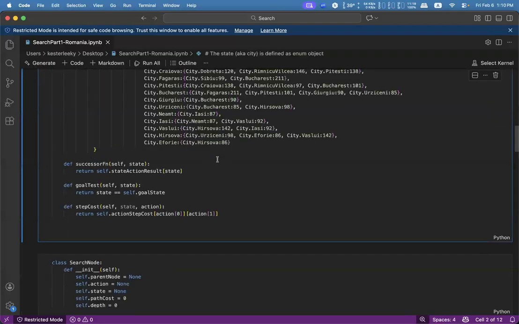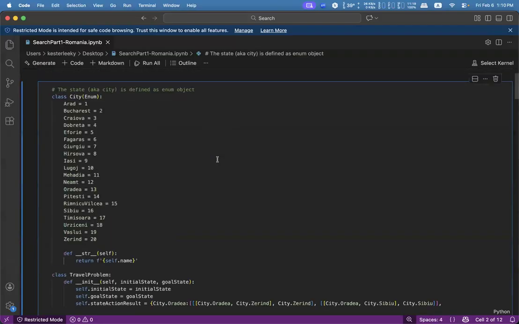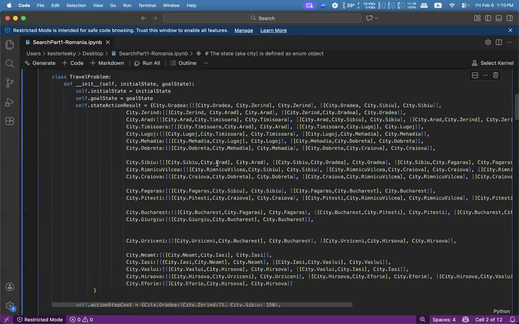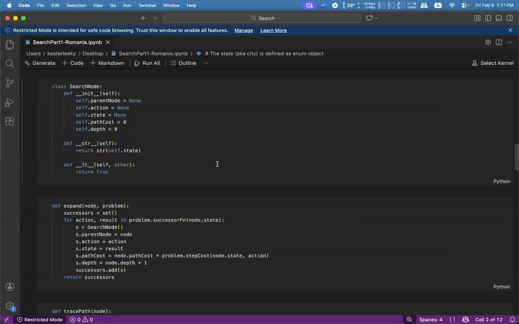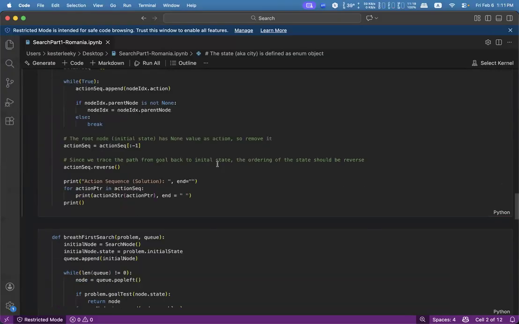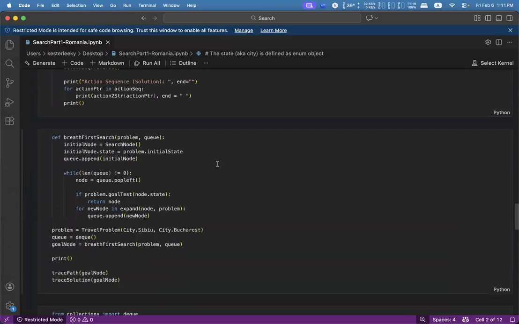But if you take a look at the sample code I released for lecture 3, you'll find that when I am defining an object for representing the travel problem, the coding part of the travel problem only contains data. It doesn't contain any code for computing and solving the problem. All the actual coding we use for solving the problem is done right here.